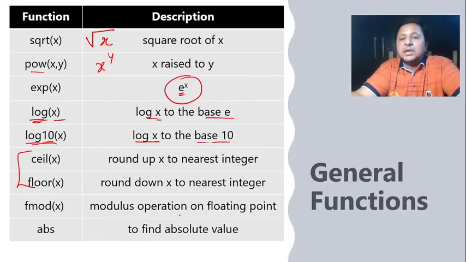So ceil is for rounding up, floor is for rounding down. Fmod, or before that maybe I can just give you the simple one. Abs stands for absolute value. Absolute value is always positive. So if I want to find the absolute value of the given argument, I'll put that in abs. If there is a rare chance that the value could be negative and I don't want to use the negative value, I still want to use its positive part, so I can put such a value